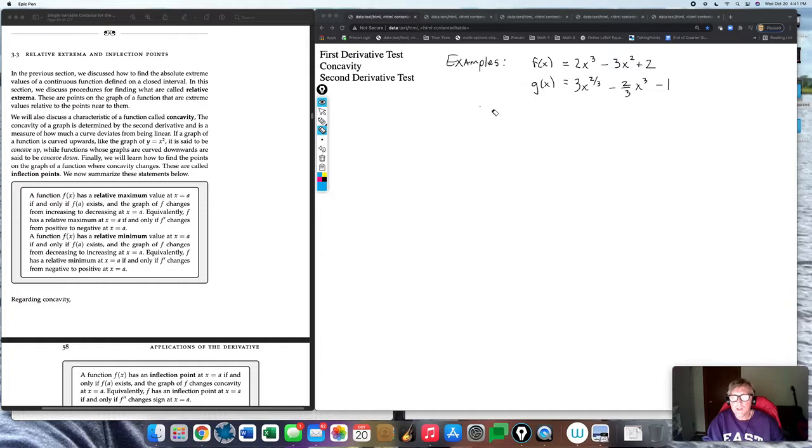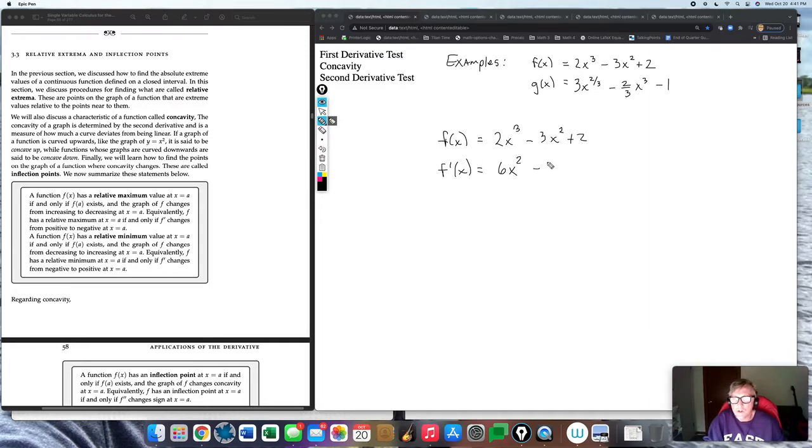Okay. Alright, now that I've done erasing everything, let's take a look at our first example. So let's say that we have our function that I have listed up here. This is a cubic, 2x cubed minus 3x squared plus 2. So the first thing I'm going to do is try to find my critical numbers. So I'm going to take the derivative of this function, which at this point for you should be pretty easy,